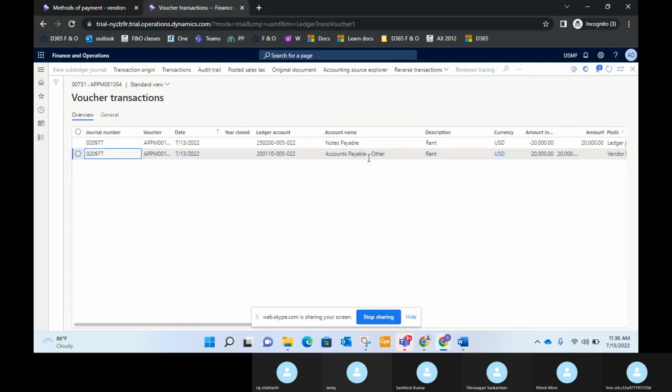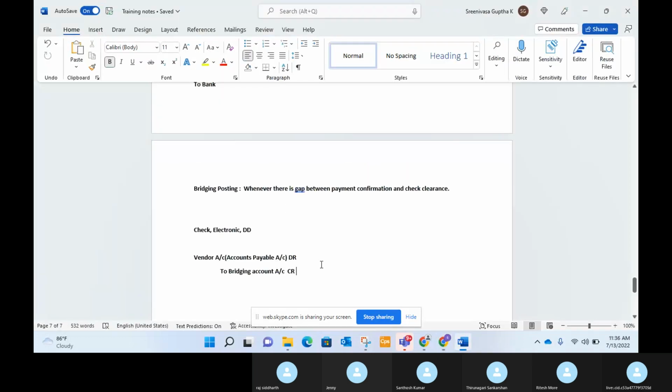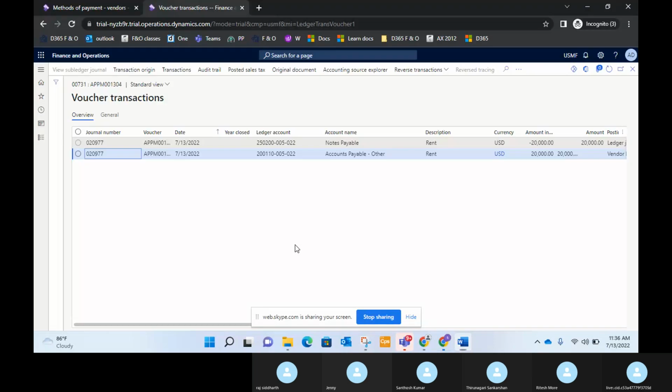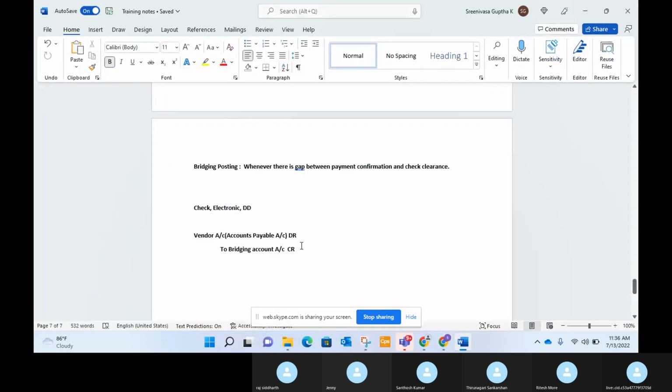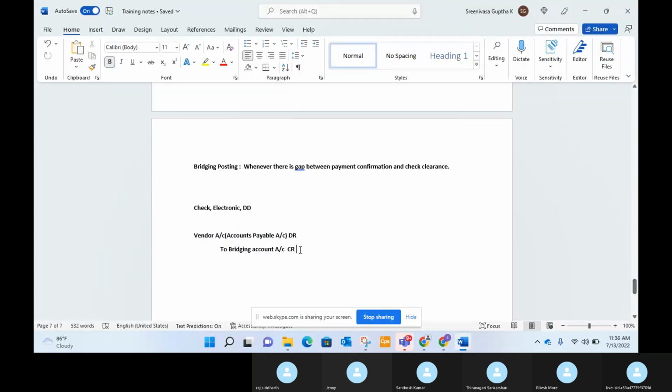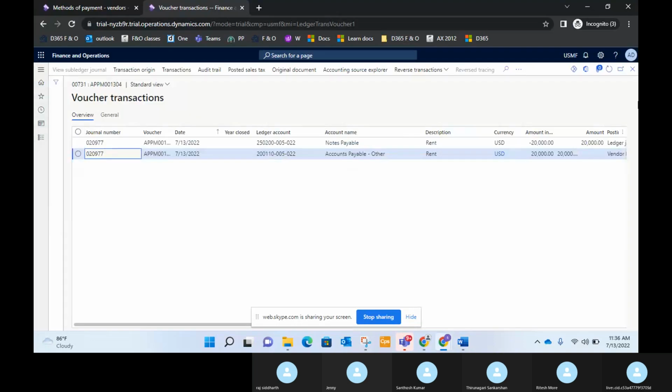Can you see here? Accounts payable is nothing but the Wipro account debited to notes payable. Whenever you have any confusion, you can make a journal entry and accordingly post it. For a few transactions, and then slowly you'll understand. It's simple. The journal entry has to come whenever you click on the voucher. This should be reflecting accounts payable account debited to bridging account. This is nothing but a clearance account. Okay. So now